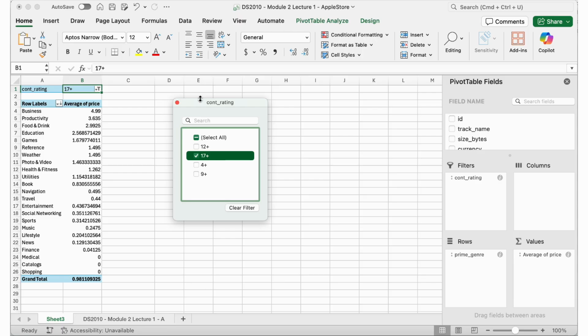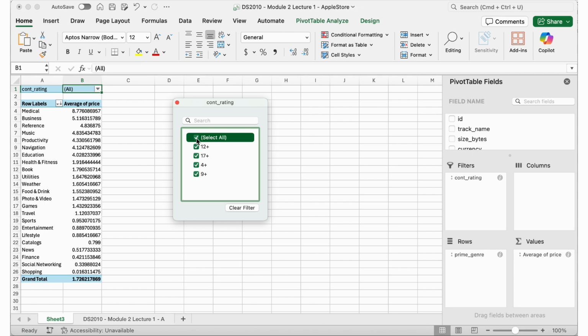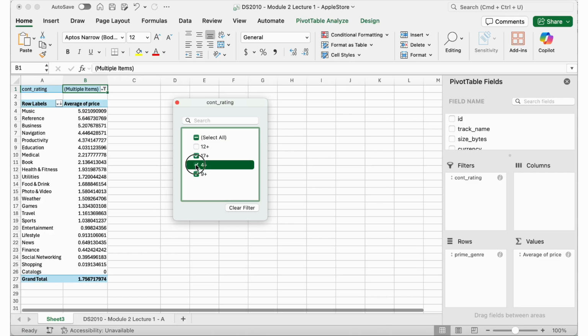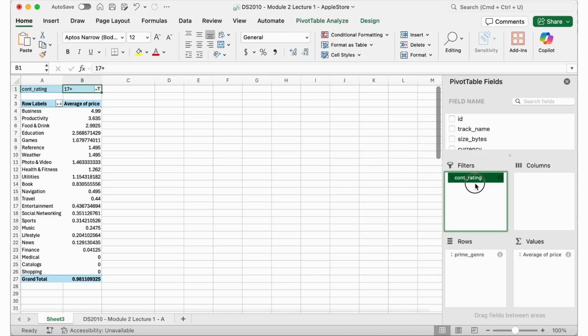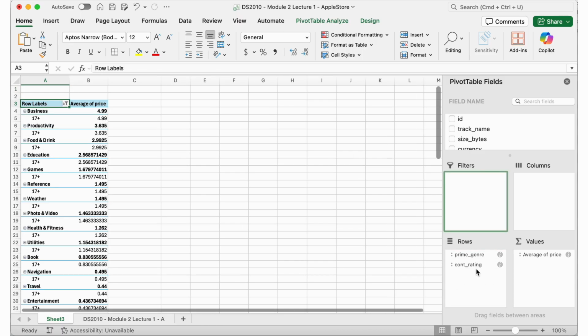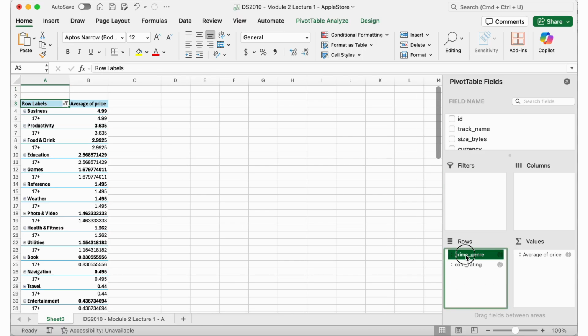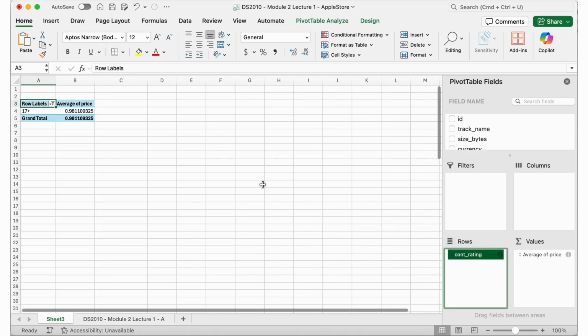Now you see only the entries that have 17 plus, or you can select all of them, and now you see how the price is changing. So one way you can do is filter it if you want, so you can see how the prices change for different categories, or maybe you can do content rating in the rows and get rid of prime genre,